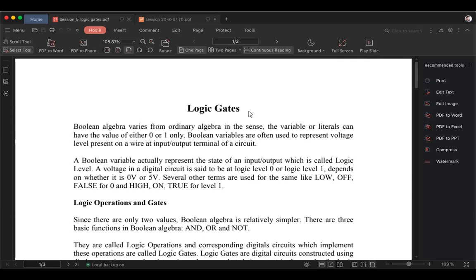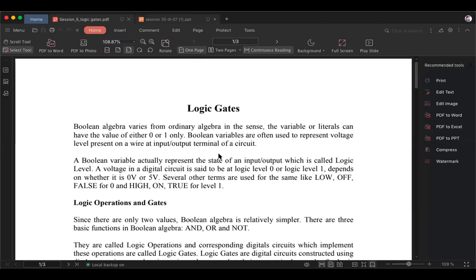Okay. Now, Boolean algebra is basically how we can perform the operation in the computer system. And when we discuss these particular operations, as we know, the computer always has 0 and 1, that is a binary language form. And the Boolean variables which we use, 0 is used for off, 1 is used for on. So it is also used in voltage level representation for input and output terminal circuits in the computer systems.